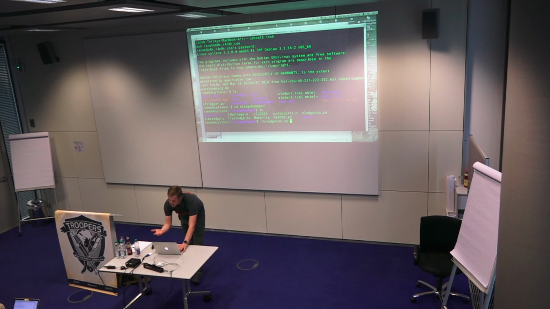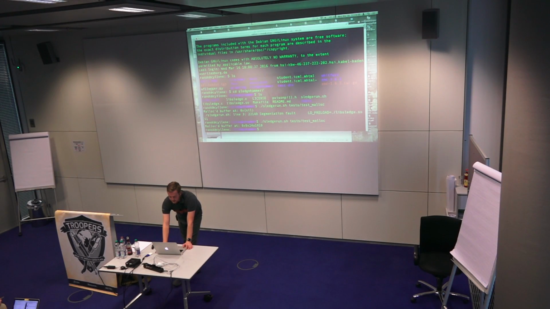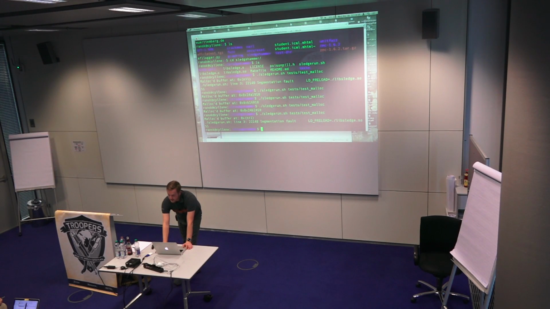I just wrote a really simple script just to do that, where you just run sledge run and then the name of the program. So in test, I have a really simple malloc program that basically mallocs memory, and then it null terminates it. So if I pass that string off somewhere else, if they forget to null terminate it, it's fine. So I'm going to run that program, and you'll see that sometimes it works and runs just fine. Other times you'll get segmentation faults. And this is a way that you can really quickly expose some of these really simple checks you've got to do.